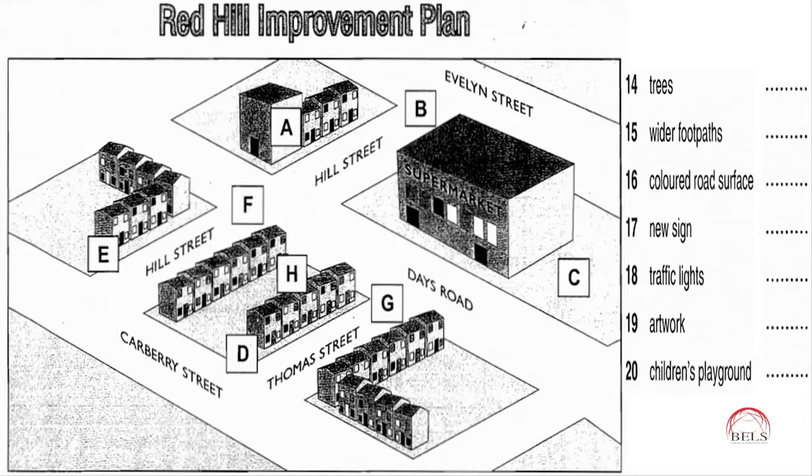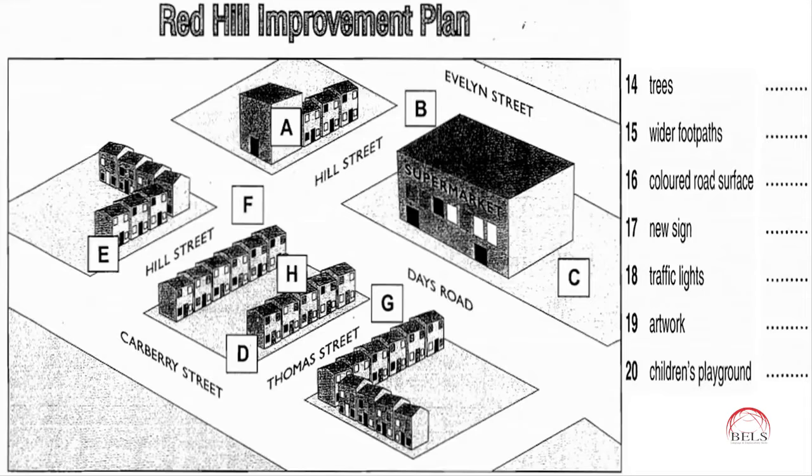We think it's very important to separate the local residential streets from the main road, so the roadway at the entrance to Thomas Street from Days Road will be painted red. This should mark it more clearly and act as a signal for traffic to slow down. One way of making sure that the pedestrians are safe is to increase signage at the intersections. A Keep Clear sign will be erected at the junction of Evelyn Street and Hill Street to enable traffic to